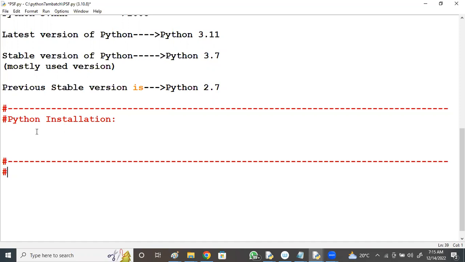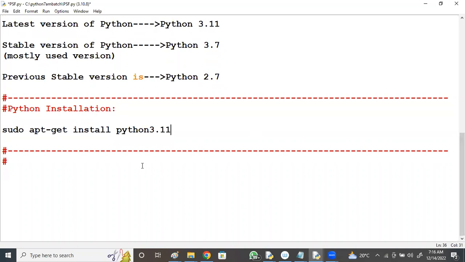If you want the latest version installed in your Linux OS, you can go with this command. Everything we need to install from the root user, we say sudo apt-get install python3.11. This command is going to install Python within your Linux OS.